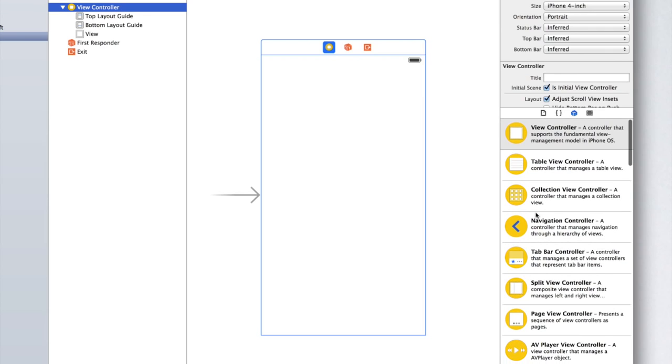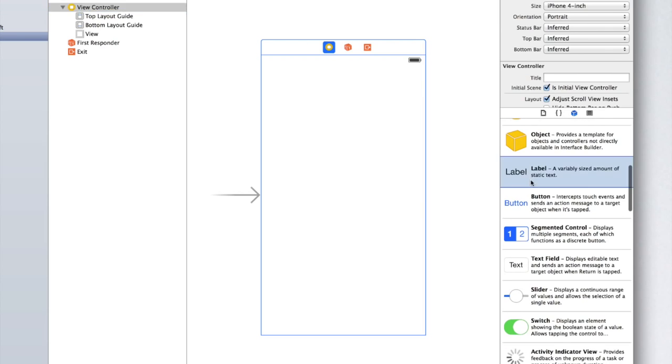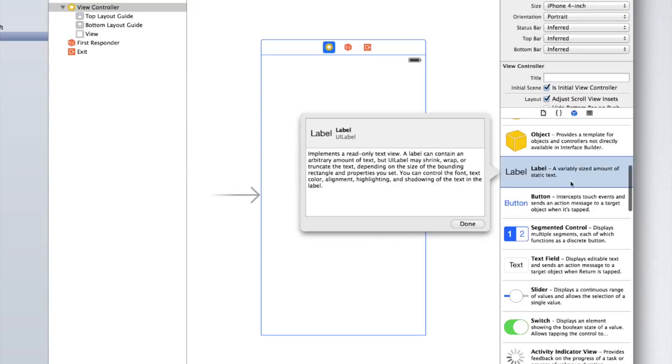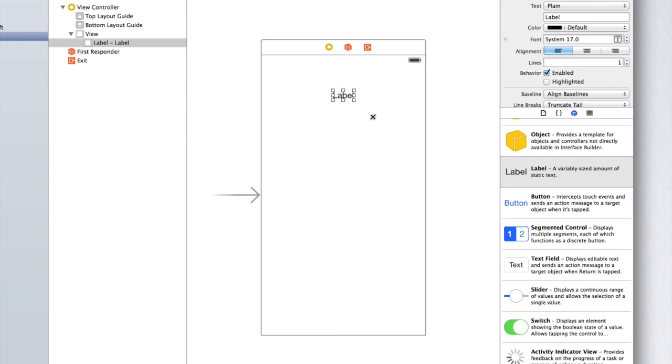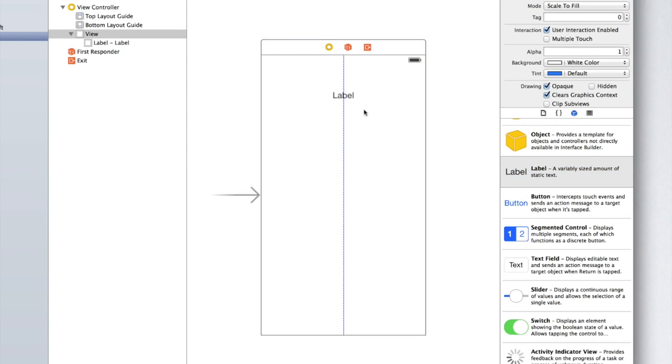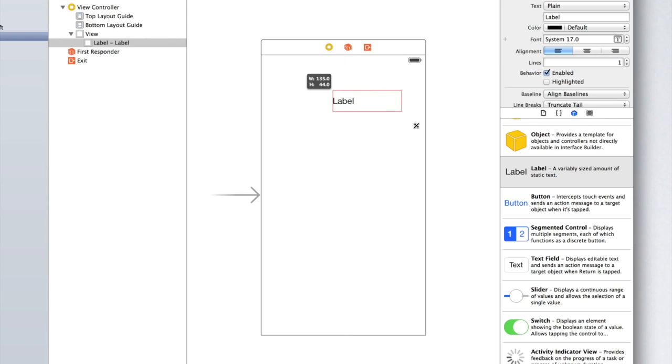So, inside the Objects panel, scroll down until you see Label. It should say a variably sized amount of static text. Click on it, and drag it into your view. You'll see that Xcode provides guidelines, so we can center it in the middle of the screen. Let's now drag it out so that it pretty much fills up the whole width. I'm also going to change the alignment to be centered, and click on the stepper next to font to make the text slightly bigger. Now let's change the text to be "Enter your name:"